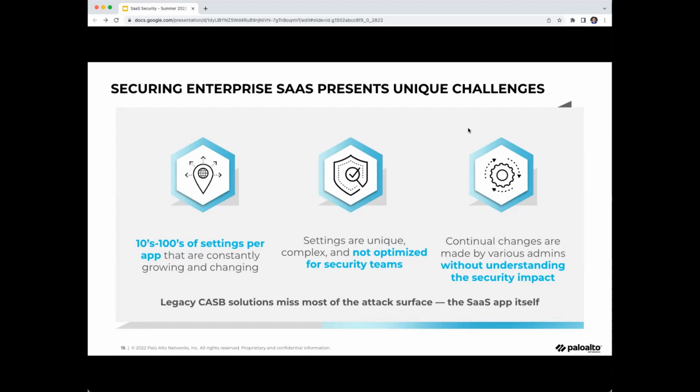What are the impacts if it's not properly configured? Is it satisfying company and compliance policies? And so when you have to go and do that for tens to hundreds of sanctioned SaaS apps, there's no existing process in place to make it efficient at scale and to make sure that everything